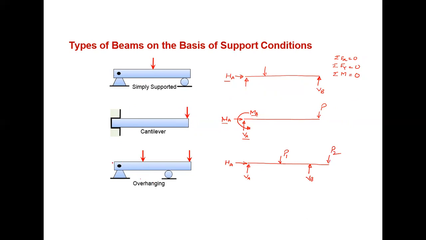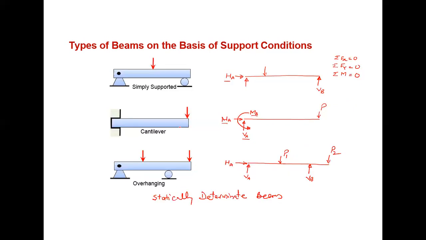Next type of beam is known as overhanging beam. So here you can see that the beam is supported by this hinge and roller again, but the roller is not supporting the beam at the end, and so in this way roller support is acting. In this case, you can see that some portion of the beam is hanging outward. Okay, so this type of beam we will call as overhanging beam, and two forces are acting. So you can draw the free body diagram. It is very simple, so I think I don't need to explain it.